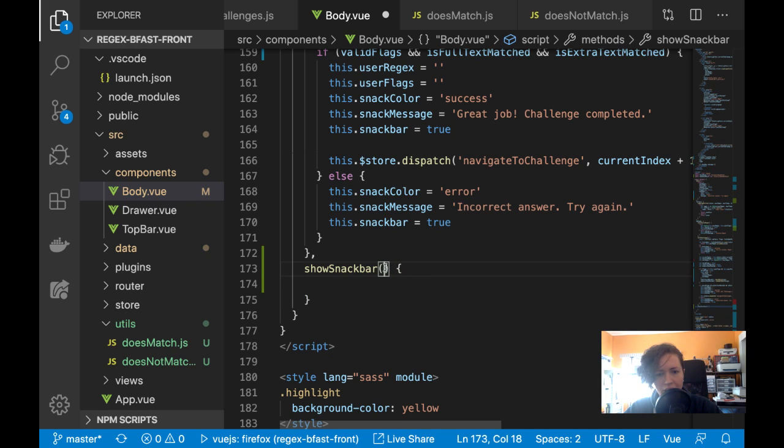And then I could take color. I wouldn't even have to pass in the message because I could just have a type that resolves to a message. So I could say like color, type, and then